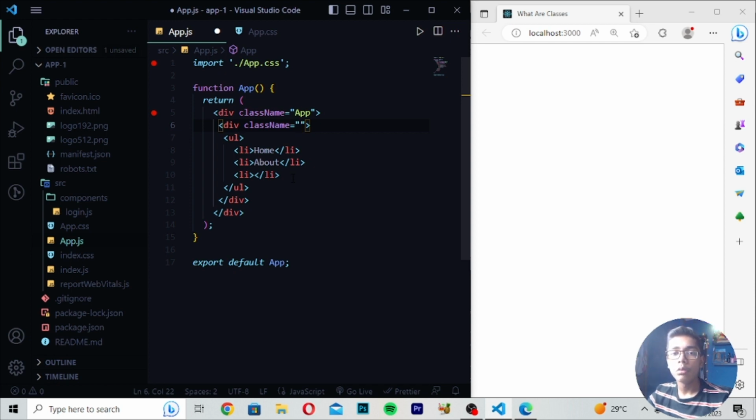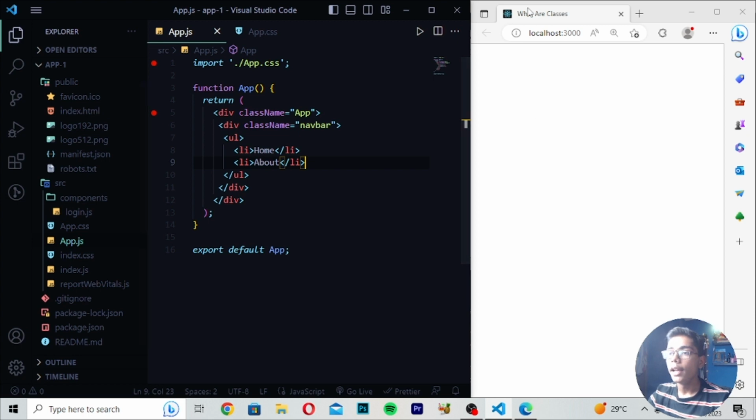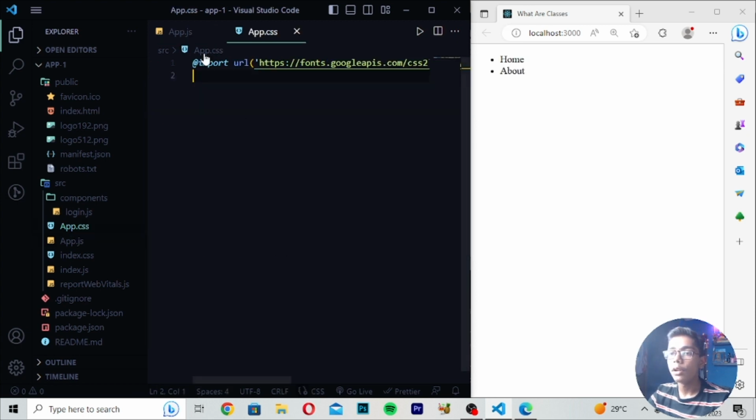But if anybody wants to check how you are building the navbar or any other project, you have to give the class name here. So that is where classes are used. Like this, if I have written home and then I save, you can see I'm getting home and about in my navbar class. And if you want to define this class in your CSS file, you can define this class and style the things in it.